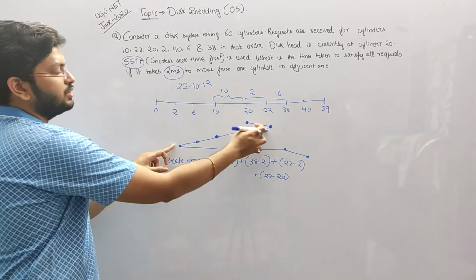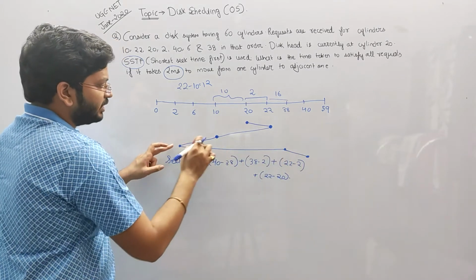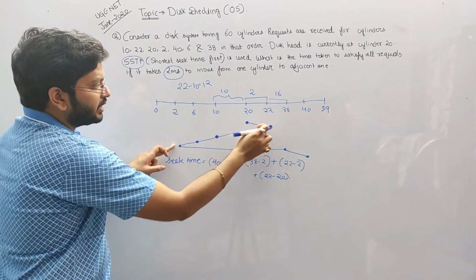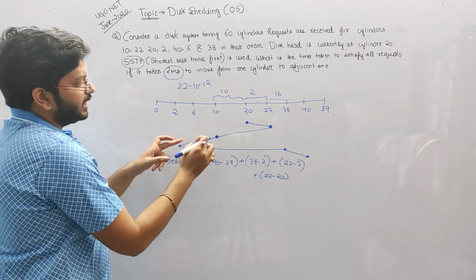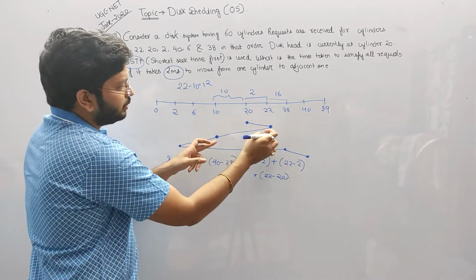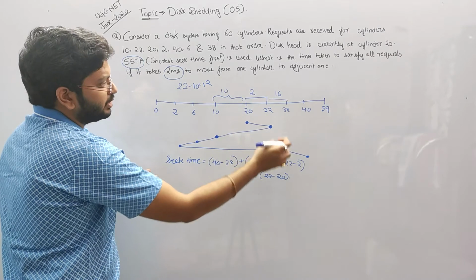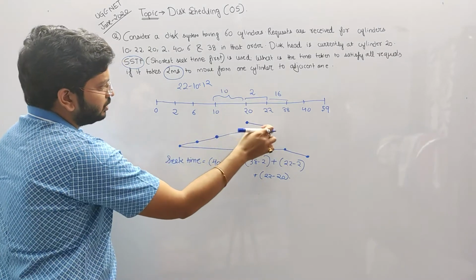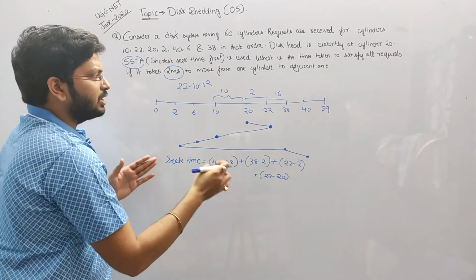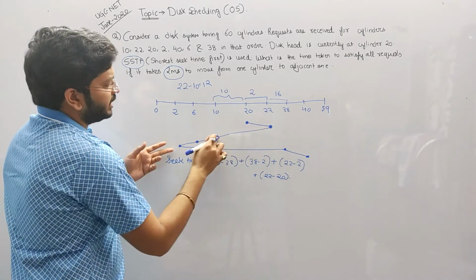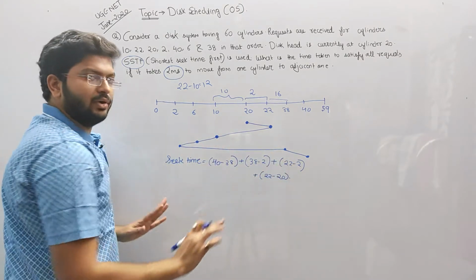Now you may ask, why am I not taking each point? Here there is one point, and here there are two more points. Why did I take it directly from 22 to 2? Because if you take from 6 to 2, then add from 10 to 6, then add from 22 to 10, the difference will be the same. So I directly wrote 22 minus 2. If you are confused, you can also write 22 minus 10 plus 10 minus 6 plus 6 minus 2. The result will be the same as 22 minus 2.